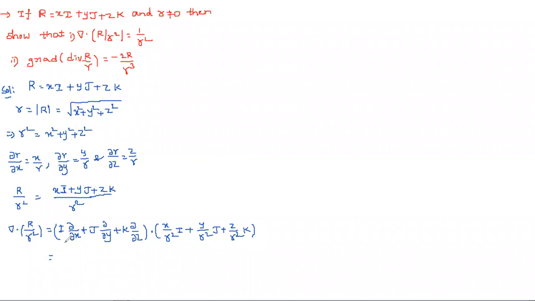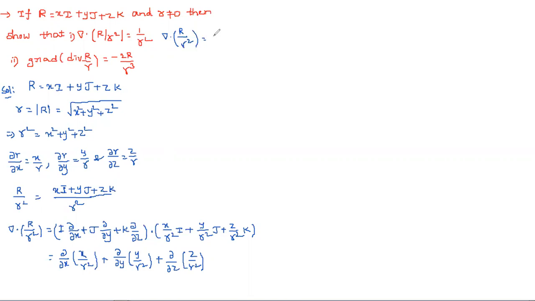And here we need to multiply the coefficients of i. What is the coefficient of i in the first one? Dou by dou x, and in the second one, x by R square. Similarly, dou by dou y of y by R square, and next dou by dou z of z by R square. Here also it is the same thing. If you want, you can write the summation for this and then simplify, or directly simplify that one. So del dot R by R square is equal to